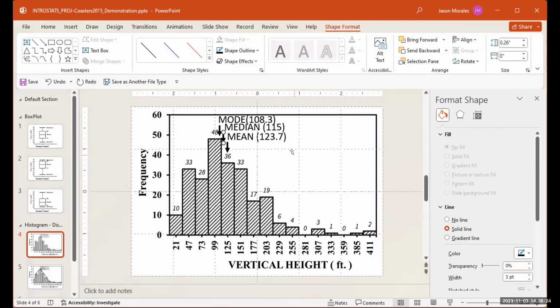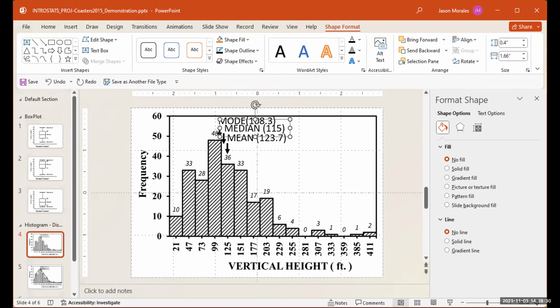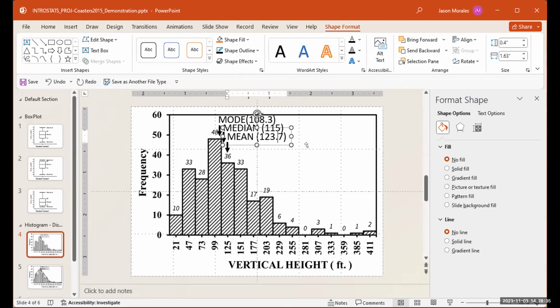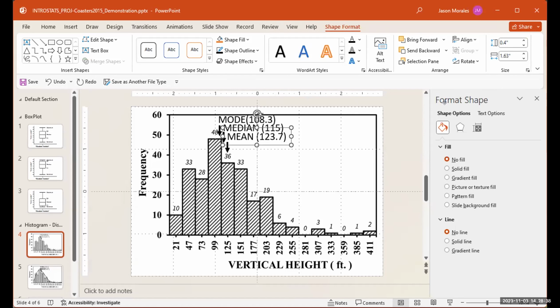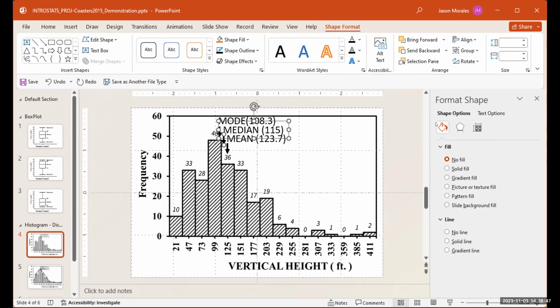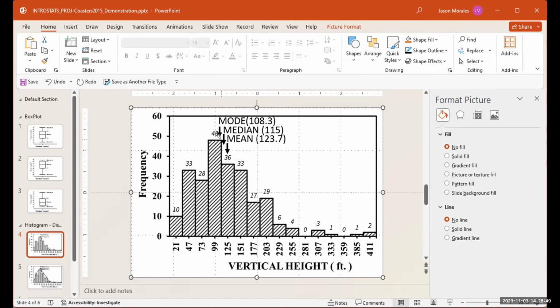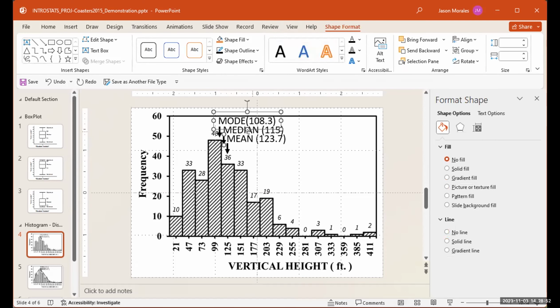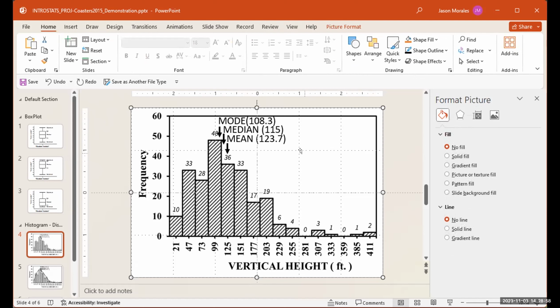And I can use arrow keys to fine tune and adjust these so that they don't overlap. It gives me a little bit more control to use the arrow keys, as long as you select the shape. I'm a little bit of a perfectionist, so yeah, I like to play with it just a little. That's close enough. All right, so now we've got the mode, the median, and the mean kind of roughly identified